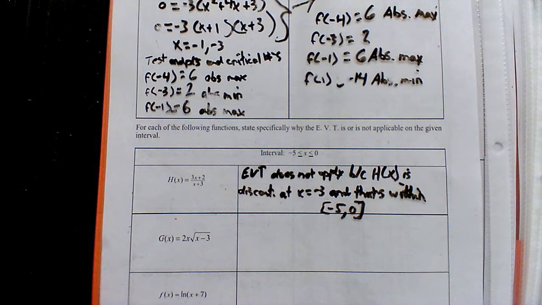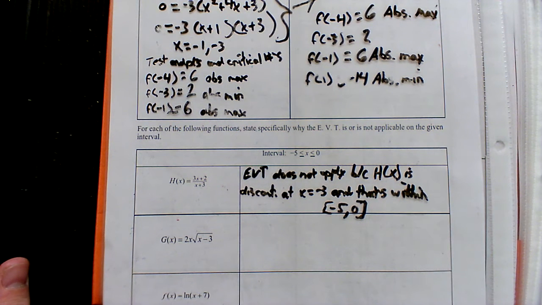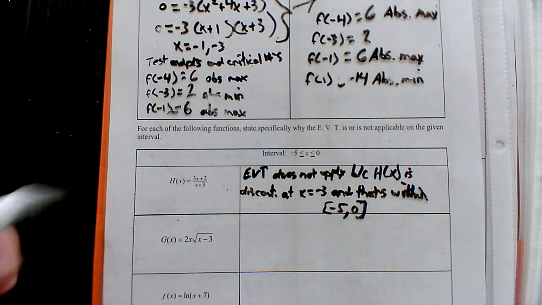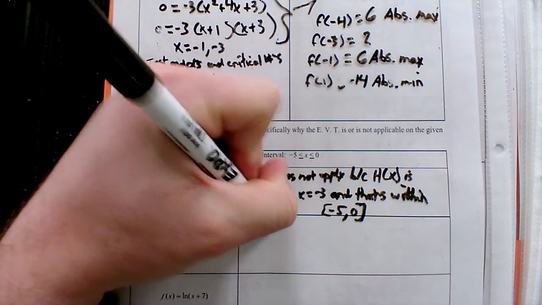Dan? The EVT does not apply because on the interval -5 to 0, g of x is not continuous, because everything less than... well, less than -3. No, less than 3. Yeah, less than 3 is undefined. Yes, so EVT doesn't apply